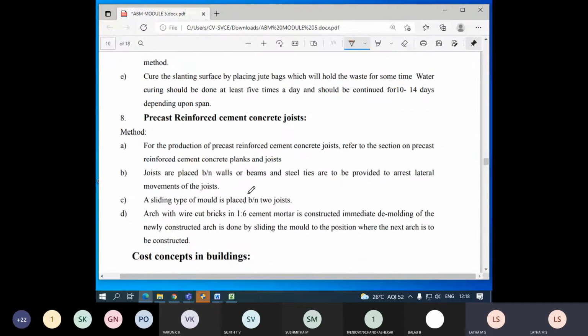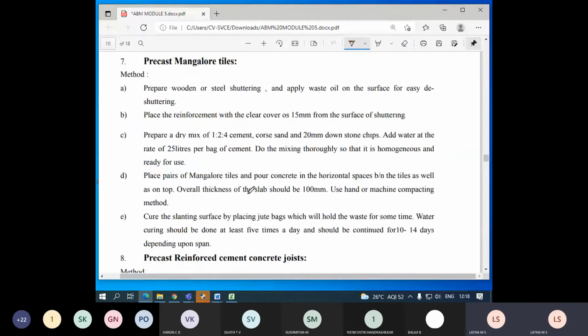Then we also understood what Mangalore tiles are. Mangalore tiles are used for roof construction, covering the roof, and the thickness can be varied depending upon the design. The maximum here is mentioned as 100 mm, right? And the dry mix proportion can also be varied. The conventional mix is 1:2:4.